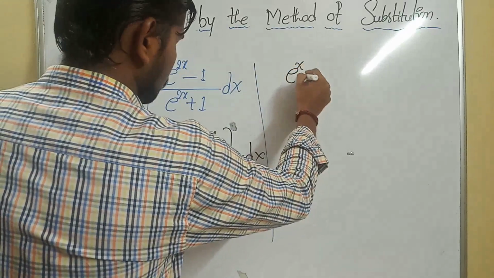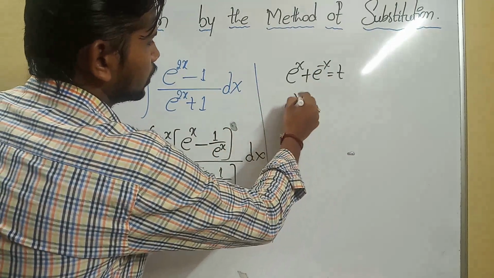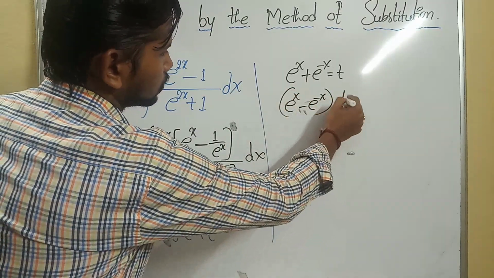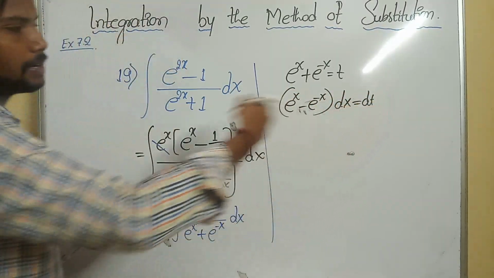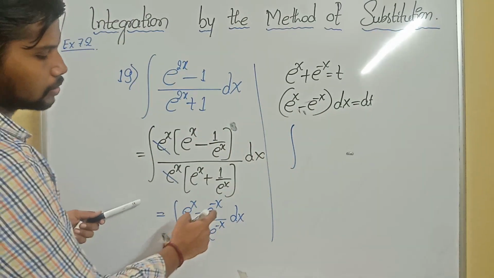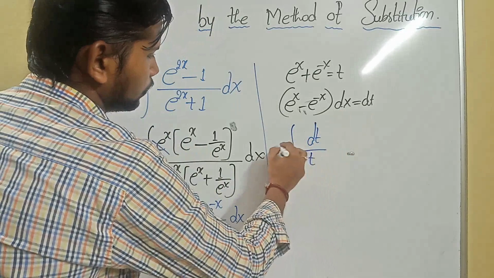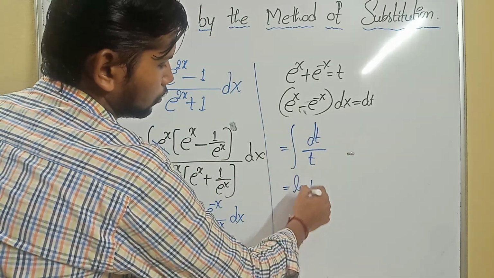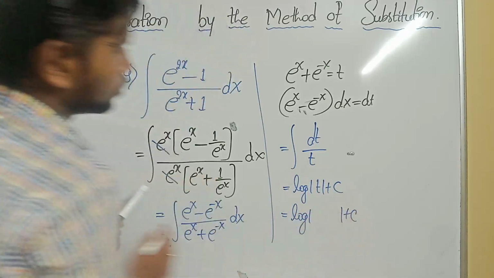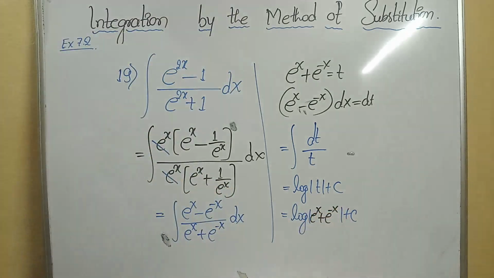That's why put denominator e raised to x plus e raised to minus x as a t. Got it? Derivative of this term will be e raised to x plus that is minus e raised to minus x into dx is equal to dt. Instead of writing dt by dx, I am taking dx on left side. It is integral of e raised to x minus e raised to minus x dx will be, yes, it is dt divided by the term as a t, okay, 1 by t integral will be log of modulus of t plus c, okay, log as it is. What's the t value? I need to substitute. What is the t? It is nothing but e raised to x plus e raised to minus x. Got the point clearly?